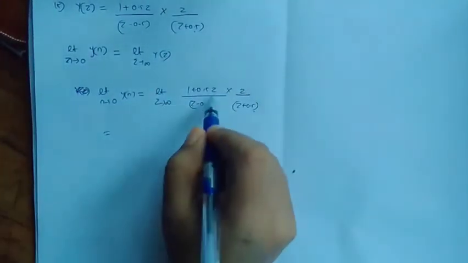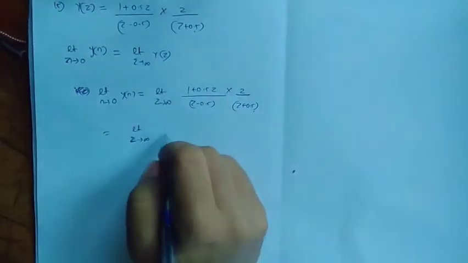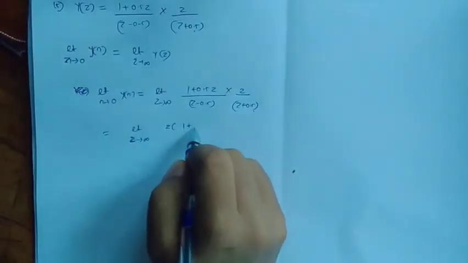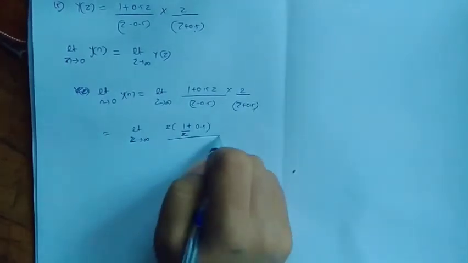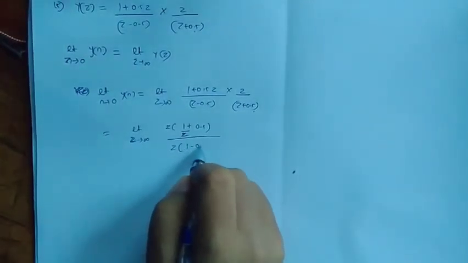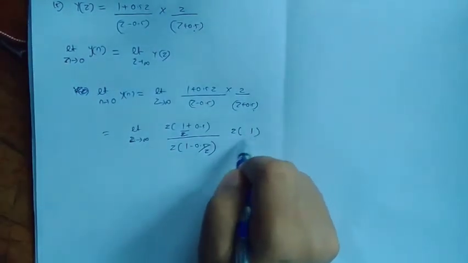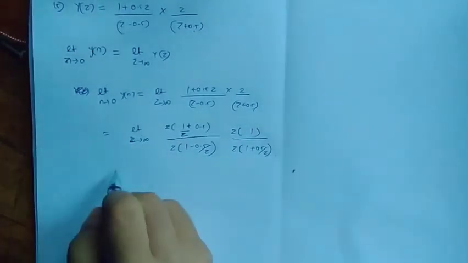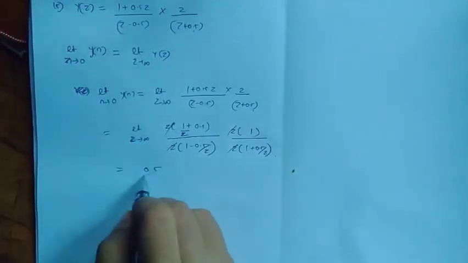Now we'll have to simplify this. I'll take z outside. From numerator and denominator we'll get (1 by z plus 0.5) divided by, here also it will be 1 minus 0.5 by z. Here also we'll take z outside, we'll get 1 divided by 1 plus 0.5 divided by z. Now applying the limits, we'll get the answer which is equal to